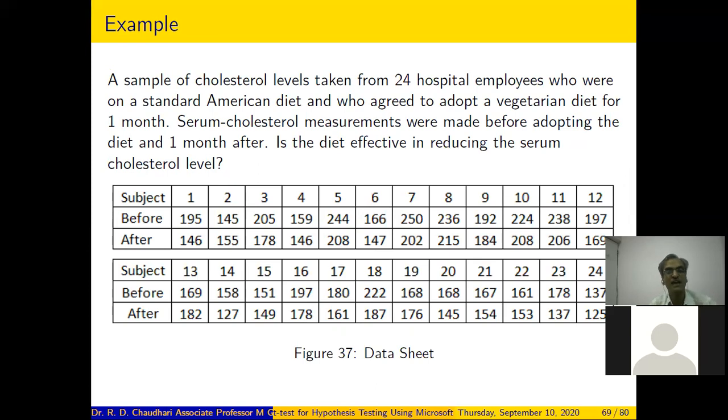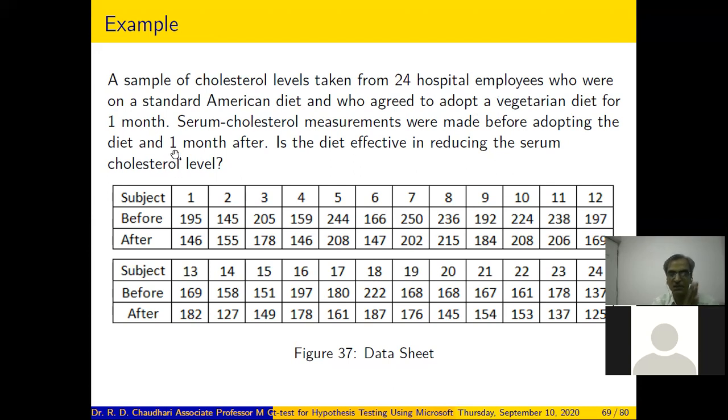Suppose we have a sample of cholesterol levels taken from 24 hospital employees who were on a standard American diet. So we have 24 hospital employees on a standard American diet, and their cholesterol levels are taken. These 24 hospital employees agreed to adopt a vegetarian diet for 1 month.